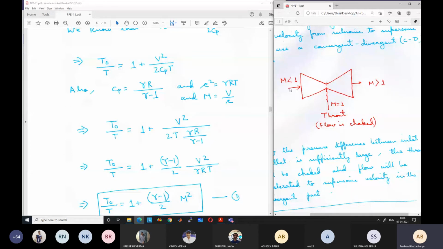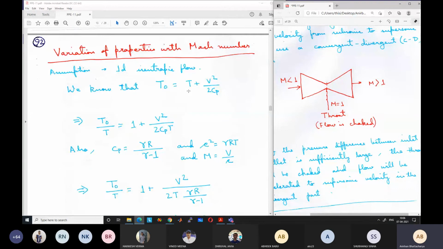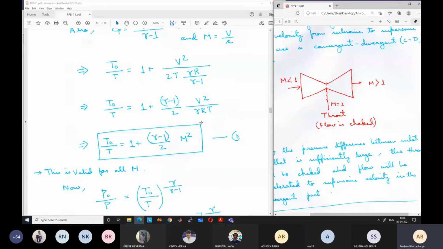So stagnation temperature at the inlet can be easily calculated. And once you have established the stagnation temperature at the inlet, we know by the first law that stagnation temperature should not change. So stagnation temperature will remain constant along the entire length of the nozzle. Because you know T0, if you know the variation in M, you can find out the variation of T. If M is increasing, how will T change? That can be easily found.